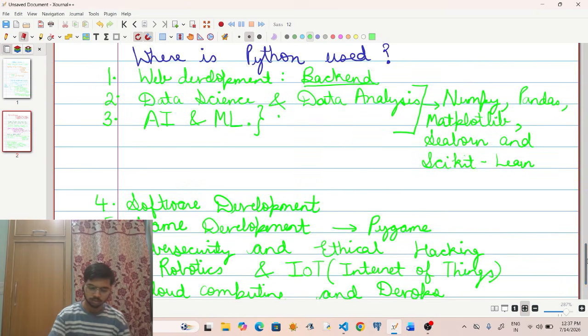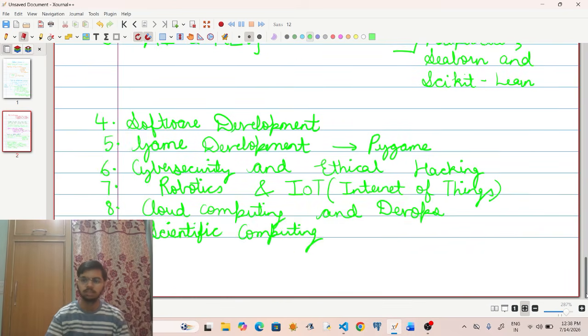Python is like a tool which can be used in different situations for any development, such as website development in the backend, in web development, in the data science job roles, in artificial intelligence and machine learning, or in any software development, game development, be it cloud computing and DevOps, or be it the cybersecurity field. Python is used everywhere. In some form, it is used everywhere.